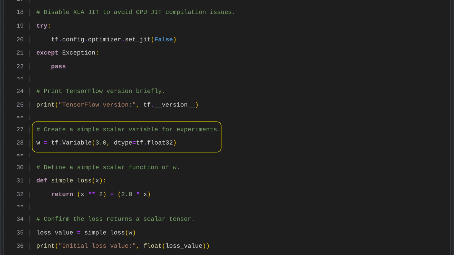We begin by creating a scalar variable in TensorFlow that holds the value 3, as a floating point number. This variable will act as the input for our gradient calculation experiments. By setting its data type to 32-bit floating point, we make sure it works efficiently and correctly with TensorFlow's built-in